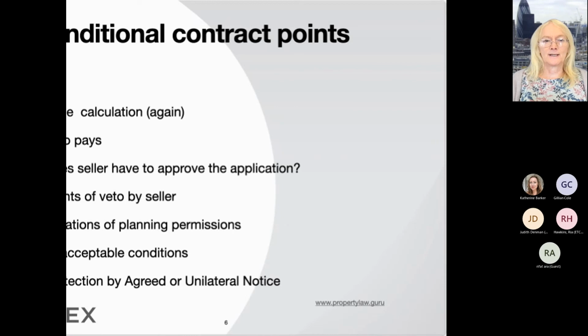Most sellers won't agree that and will want arguments about onerous conditions and definitions of satisfactory. So the seller may say, well, look, if you get any planning permission for more than 50 houses, it will be deemed to be acceptable. You can't try and wriggle out of it. You've got to buy it. Or it may have a provision that if there is any requirement for 25% or less social housing, that will be deemed to be an acceptable condition. And so you can't try and wriggle out of it.